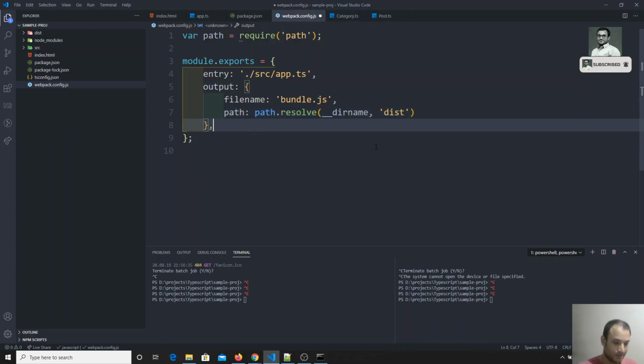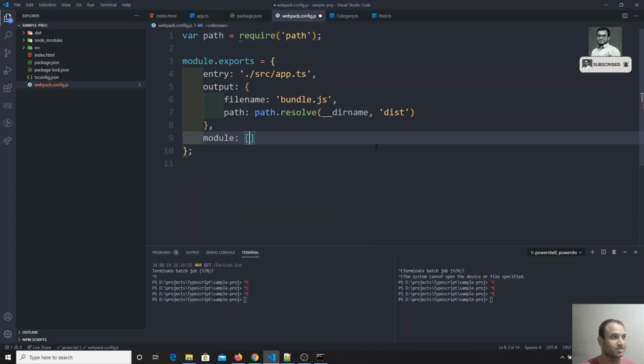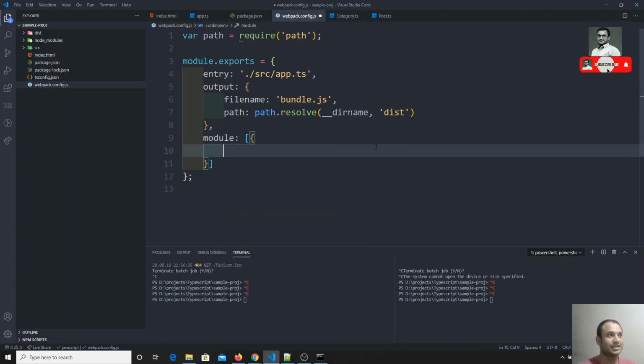Fine. Now we need to load the module. Module is a set of rules. In this module we need to give the loaders, the TypeScript loaders.